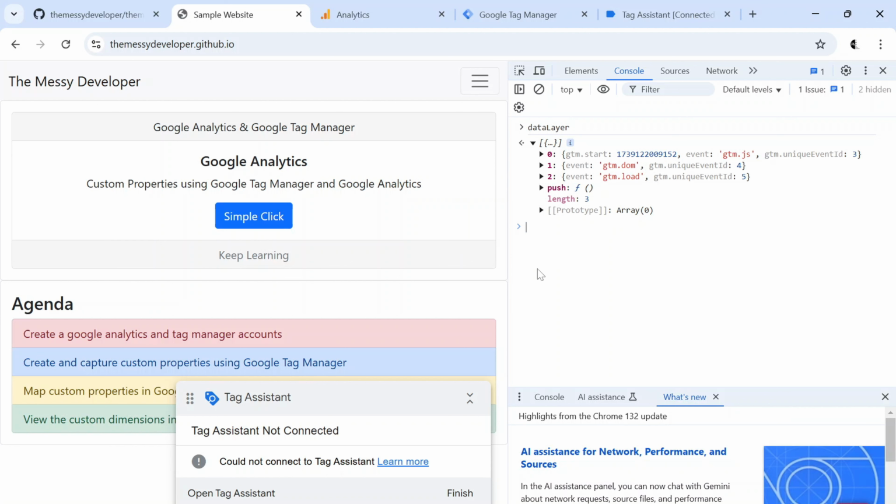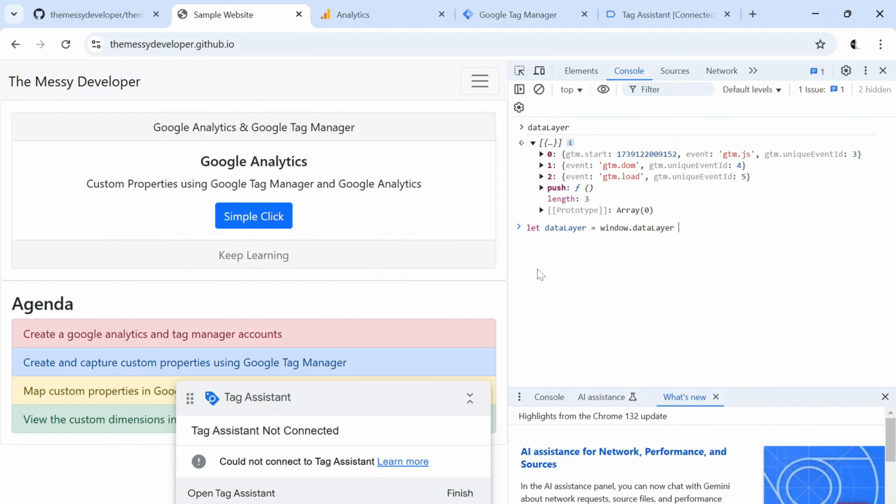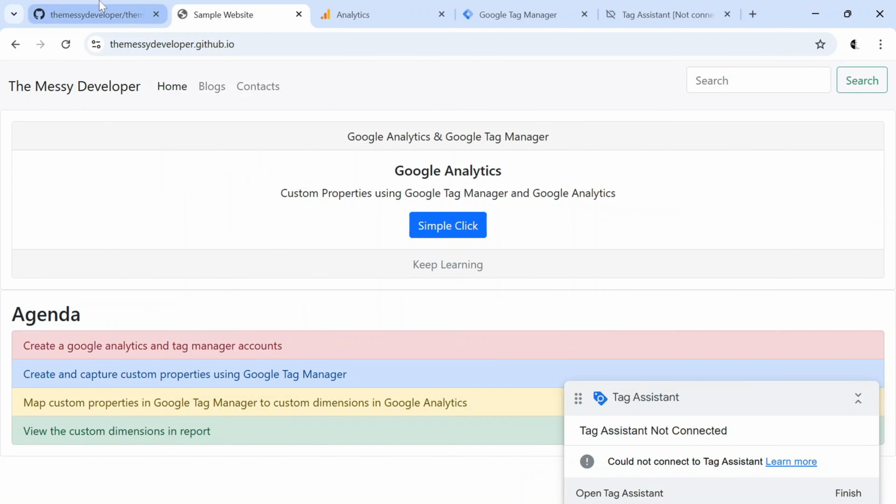We'll copy some small piece of code from here, dataLayer, and our data layer is coming from window.dataLayer. And if there is no value for this, we will initialize it with an empty array. Let's copy this